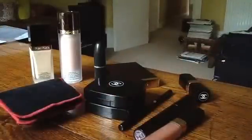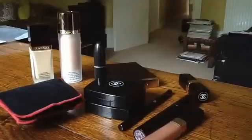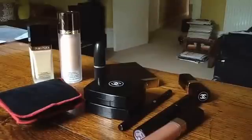So it's gone really, really dark outside. I think we're about to have a thunderstorm. Sorry about that,